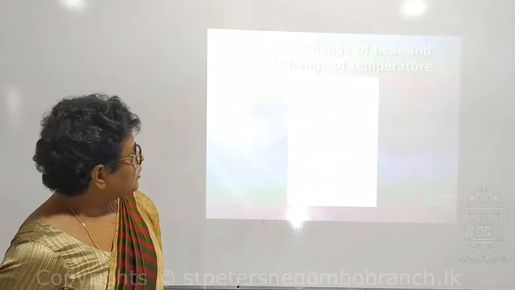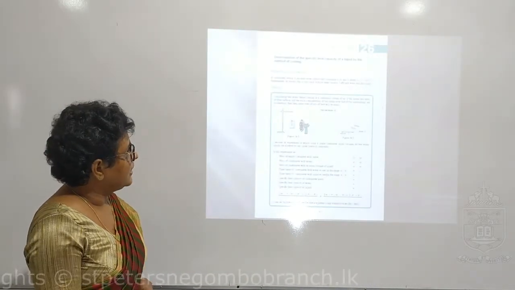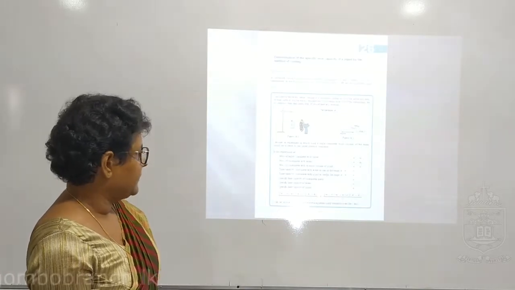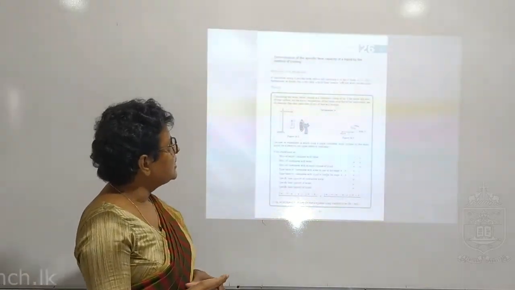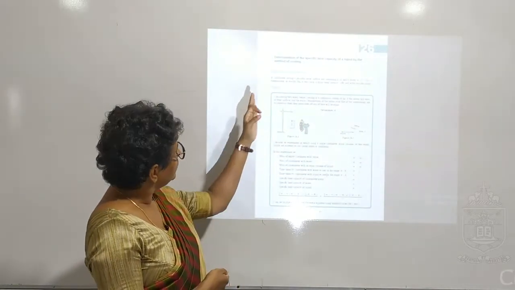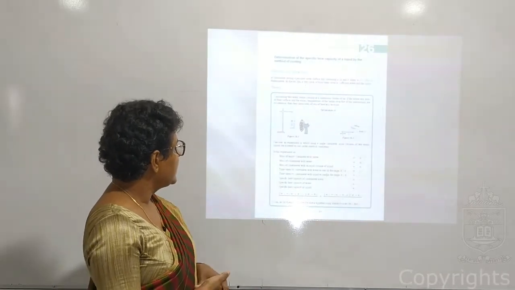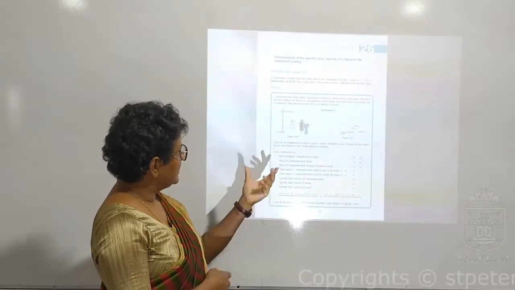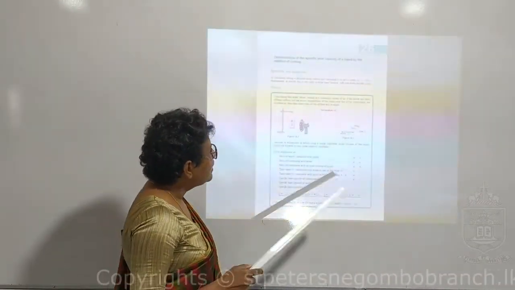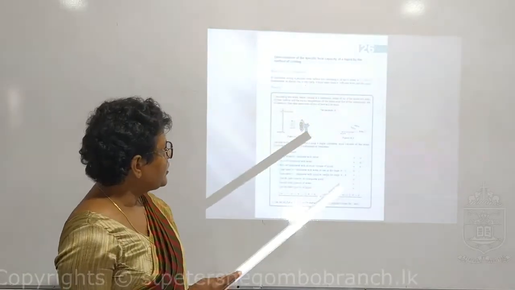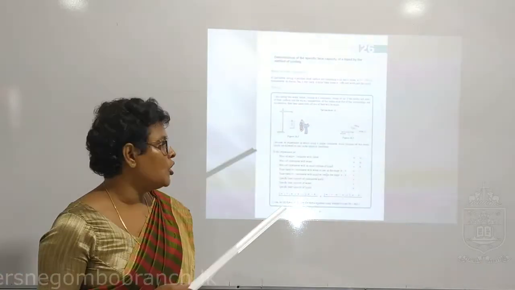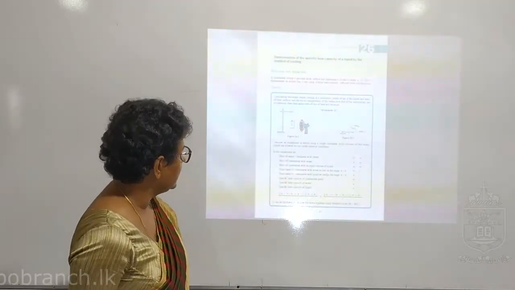Okay. Now, this is another practical to determine the specific heat capacity of a liquid by a method of cooling. This is Newton's law. You need this apparatus, and you need to hang this calorimeter here with a lid, and you have to have forced convection. You can keep it near a window, or you can place a fan here.